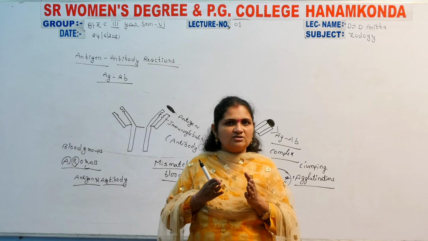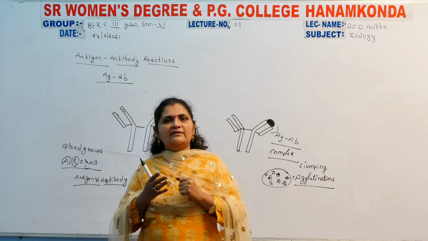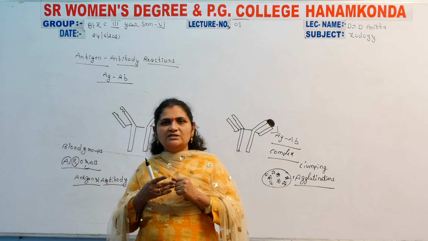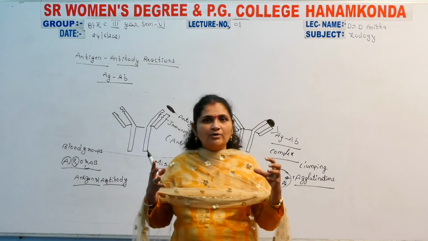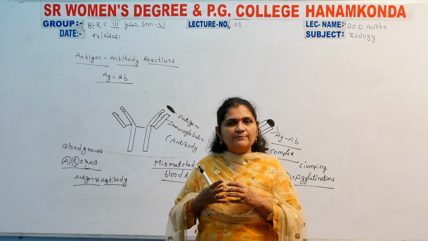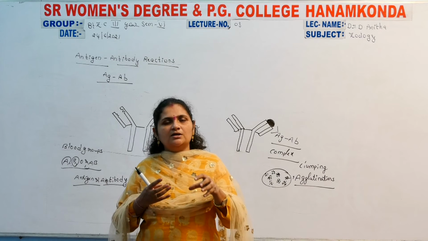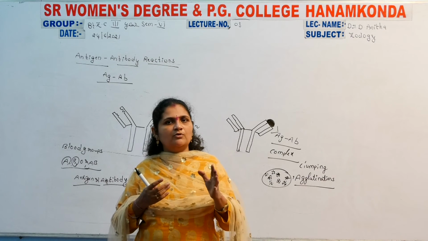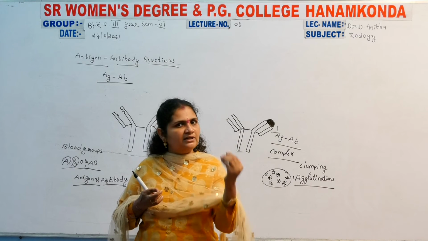Otherwise, some loose connections also occur in the middle of antigen and antibody. In that way, the antigens are not so easily neutralized or destroyed. But the bonding mechanism is helpful between antigen and antibody. Only then is the antigen immediately destroyed and cleared out of the body. So that mechanism is needed between antigen and antibody.